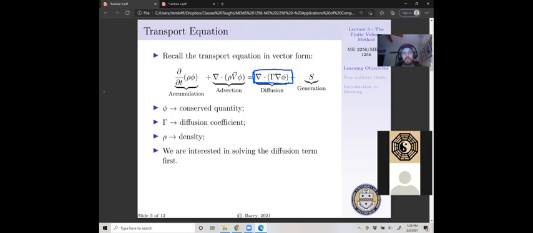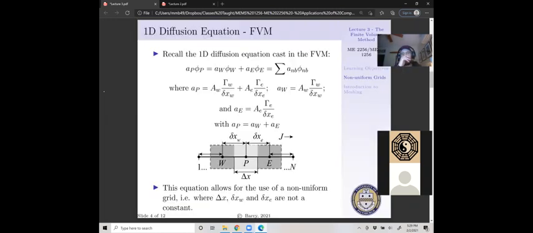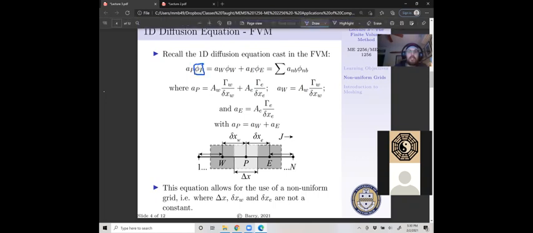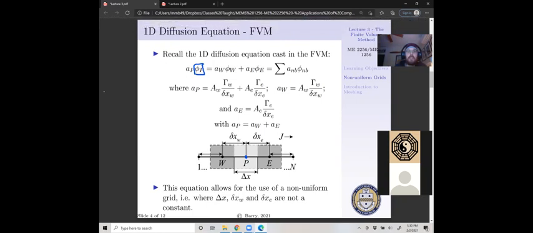Now, we're still going to focus on our diffusion term. We're not going to branch out. And we know how to do this. We set that up last week. So we're going to recall for our 1D diffusion equation, cast a finite volume formulation, AP phi P, that is, as we're solving for our conserved quantity phi at our cell center P, we have to know that of our neighbors, A west and A east,